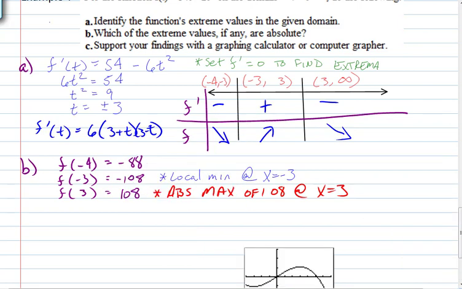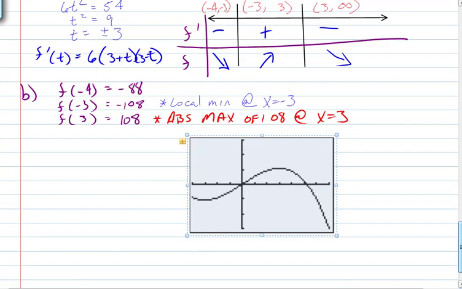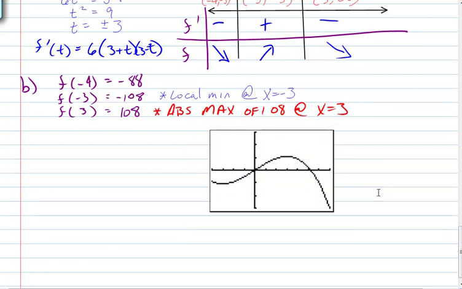So when we look at this graph, the important features that we have to remember are, first of all, our scaling. This is going to be at x equals 1, 2, 3. There's 1, 2, 3. This is x equals -3. And the y values are going to go from -300 to +300, and we step at every 100. Okay, so we've got a picture now that supports our conclusions from the calculus. That wraps up section